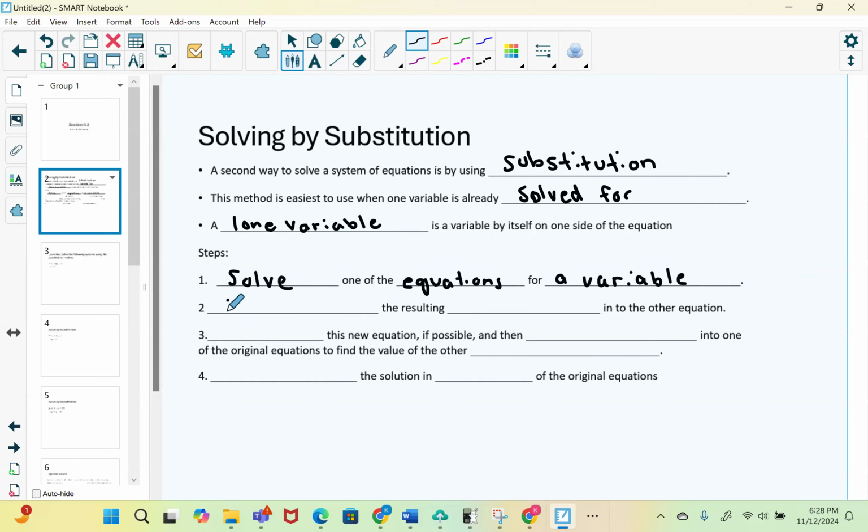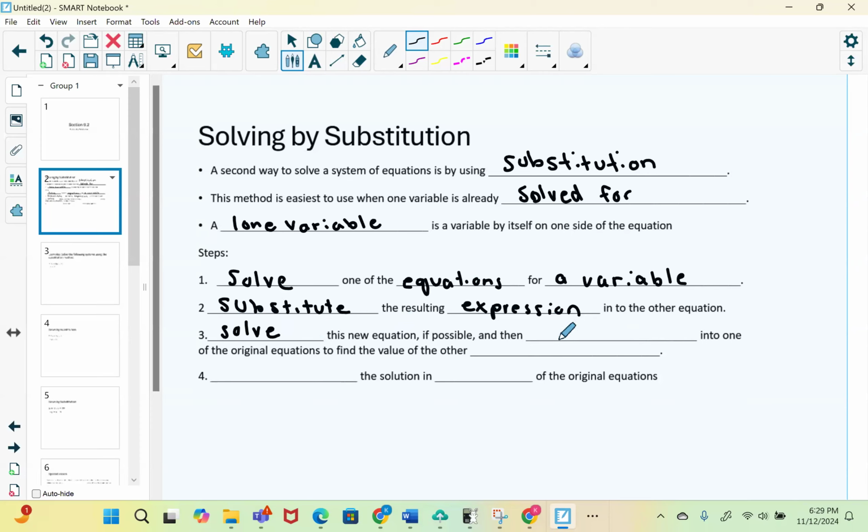And then we substitute what we get, which is called an expression, so the resulting expression, into the other equation. So we solve for one variable, we get that, we substitute what it's equal to into the other equation. And then we solve this new equation,